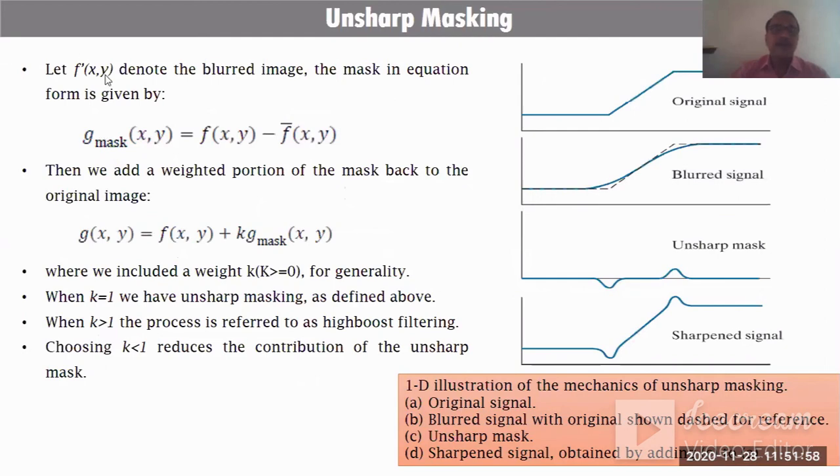So let f dash of xy denote the blurred image. The mask in the equation is given by g mask of xy is equal to f of xy minus f dash of xy. Then we add the weighted portion of the mask back to the original image. Okay, so f of xy is the original image, we can add some weight to the mask. So here we can include the weight k, which is greater than 0. If k is equal to 1,